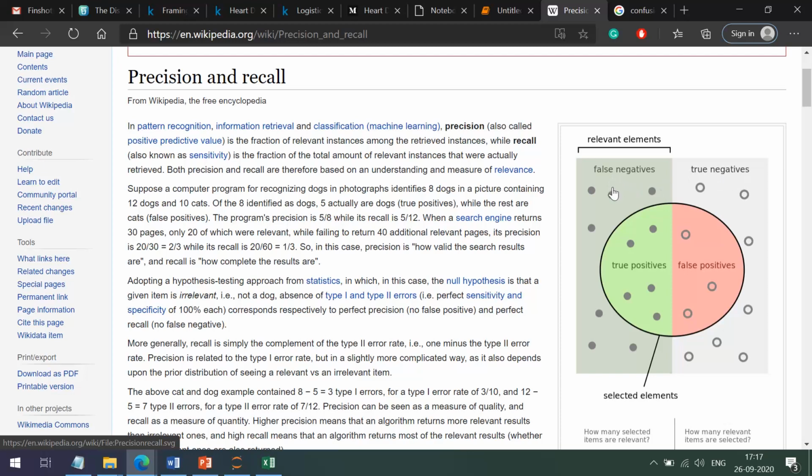Now these points should be selected. These were ones, right? Our model has not selected these points, so these are false negatives. The model is telling that this is negative falsely. So this false negative and the false positive are the errors made by our model, and based on this we determine the parameters known as precision and recall.